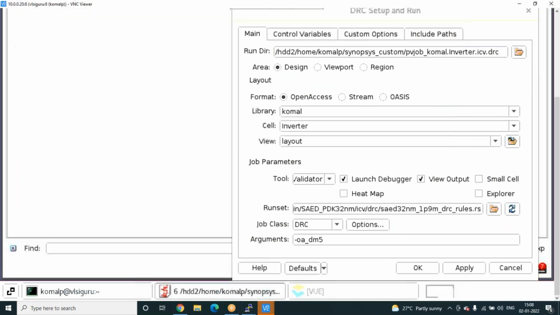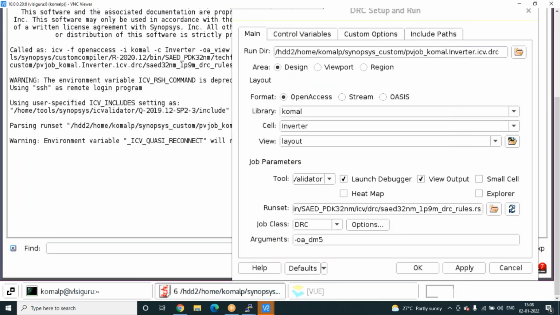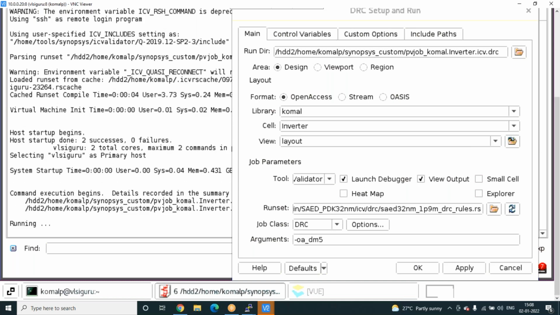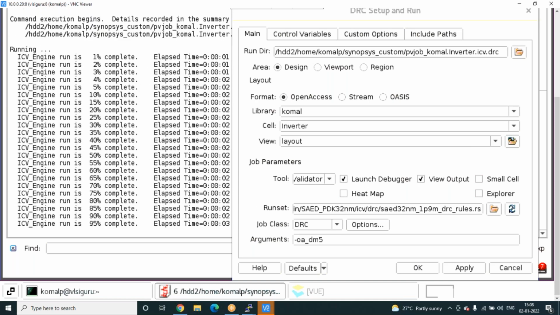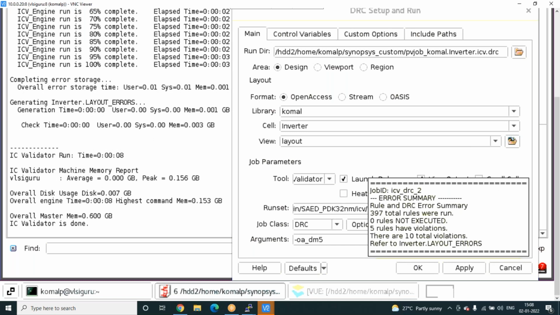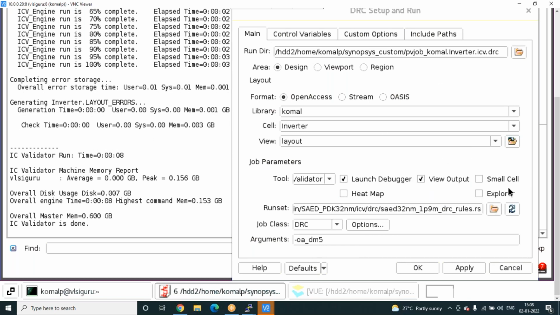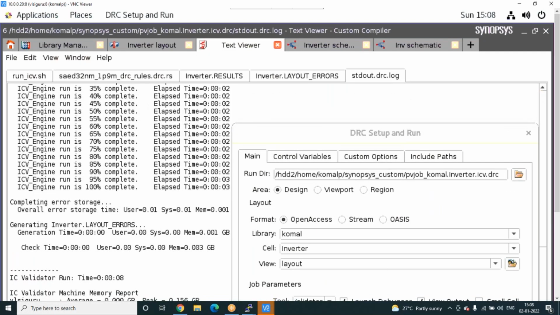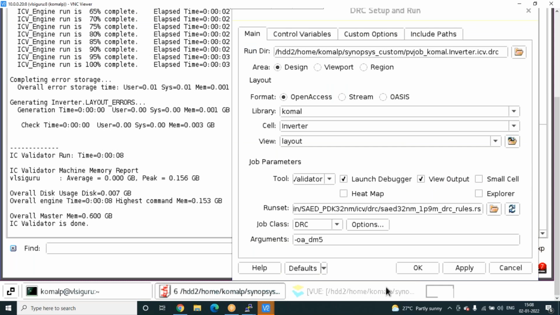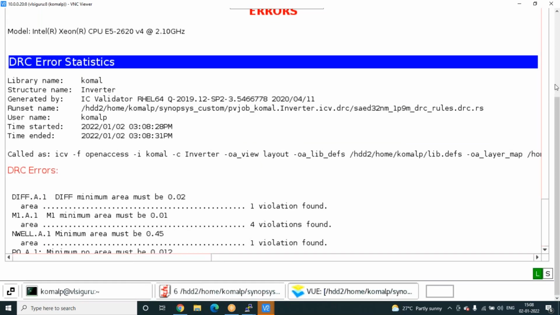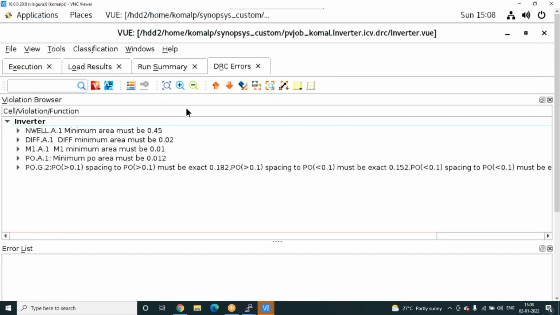This is how easy it is to learn. Layout will be very easy, but you need to know some concept about network analysis. Now if you see, go to error, this N-well error is not there. This is a different error. Like that, you can click on one error at a time.